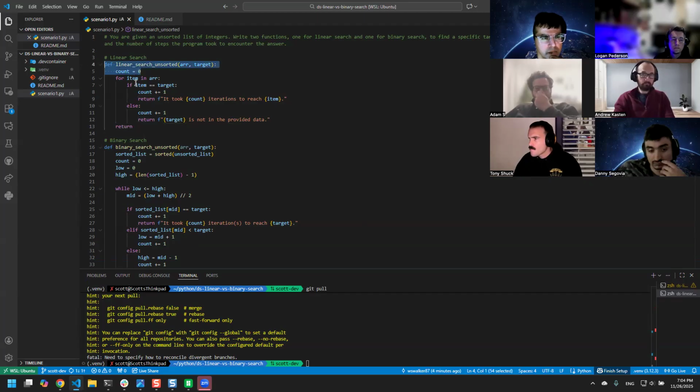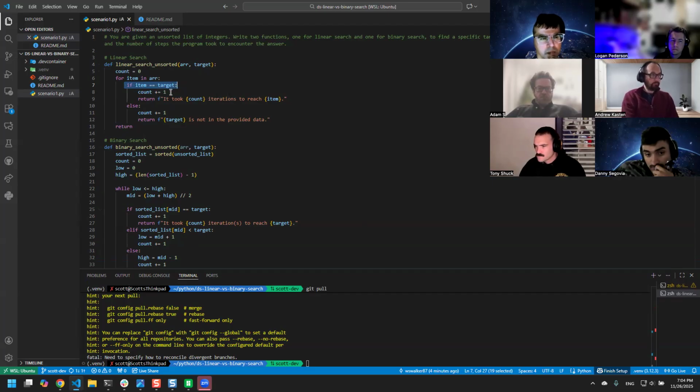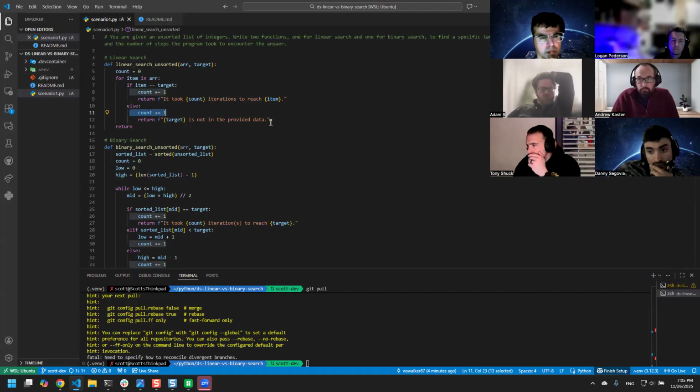So I set a counter for 0. Then I started my loop and checked to see if it was the target. If it is, you still count up 1 and return a message about how long it took in the item. If it's not the very first one that you check, go down, count up again. And if you don't find it, it's not in the provided data.